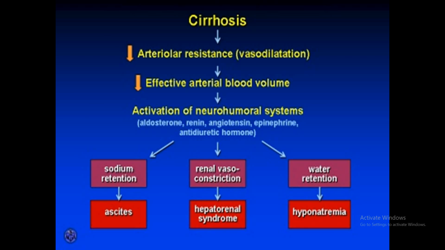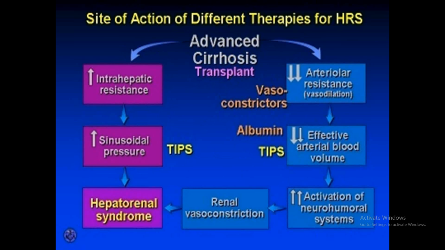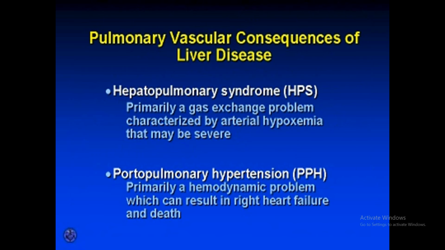So the hepatorenal syndrome occurring means that the patient is in the last stages of the disease. It is a bad sign. Many theories have been suggested, but when hepatorenal syndrome occurs you have to go very quickly to renal transplantation or TIPS. Otherwise, in very few days, the patient will not survive.